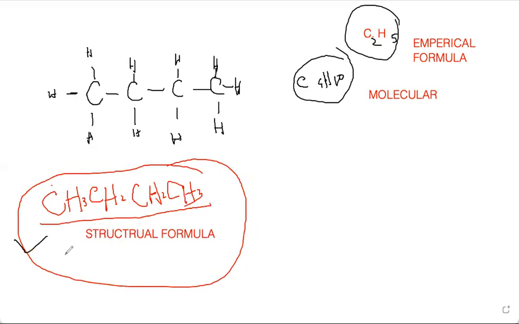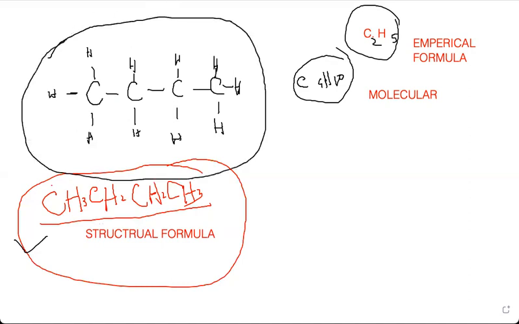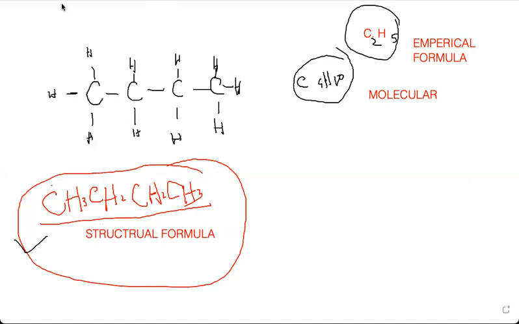Just by looking at a structural formula, you can easily find that, okay, one carbon is joining with 3 hydrogen, and the second carbon in a butane is joining with 2 hydrogen. The third carbon is also joining with 2 hydrogen, and the last carbon, the fourth carbon, has 3 hydrogen around it. So this is the structural formula, which is giving you the detail of a structure. Then what about this one? If this is the structural formula, so what is this one? Now this is the confusion now. Okay, this is also a formula, definitely. In organic chemistry, this is also the formula, but which type of formula is this?